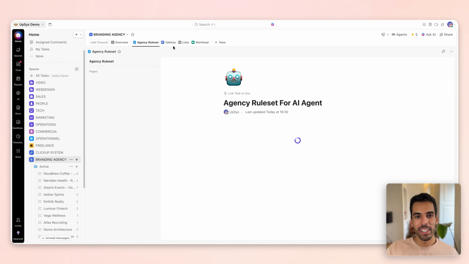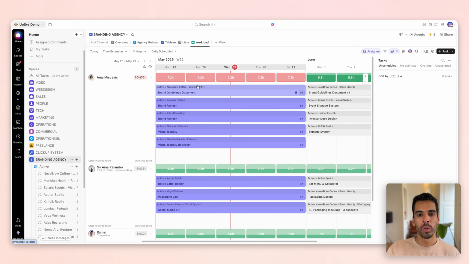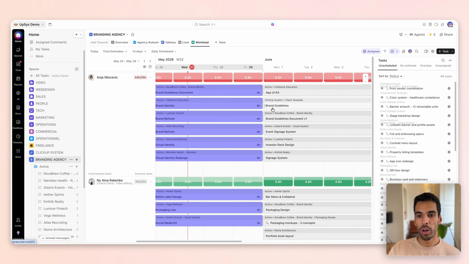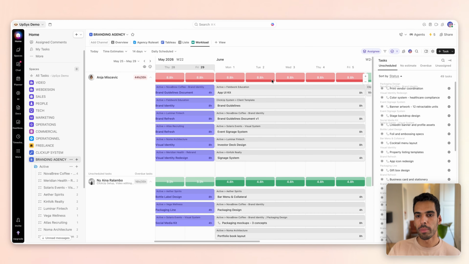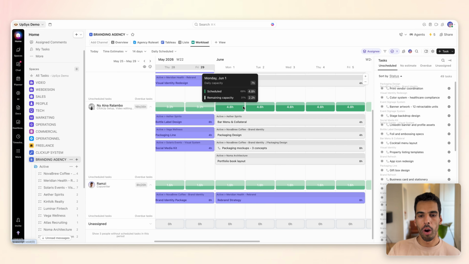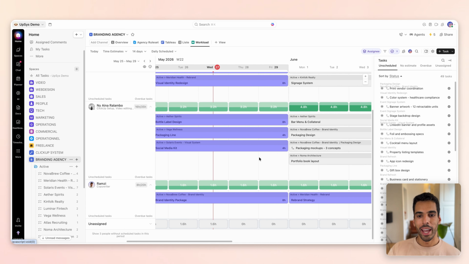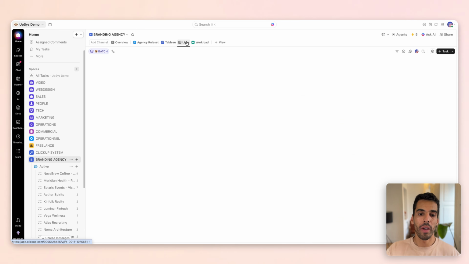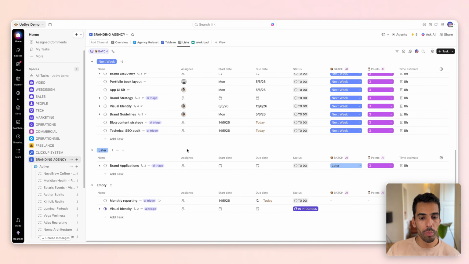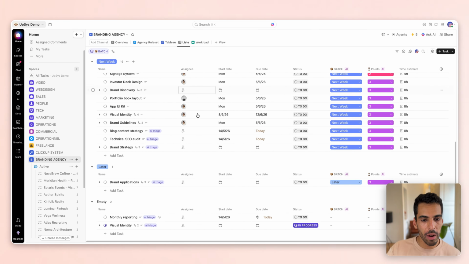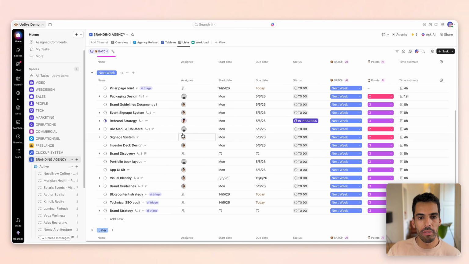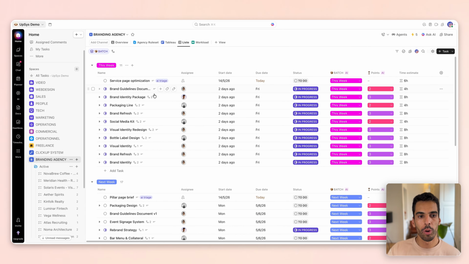What's happening then is that I can go into my workload view and see the tasks being planned automatically into the team's workload. Workloads are pretty much respected, plus minus a few hours maybe, but overall, I am pretty good. And I've basically let AI set every single value so that I can have a workload as a founder. As you can see, the tags are being removed little by little. The values are being changed by AI. So it's setting the start dates, due dates, everything is starting to be planned and flow into the right